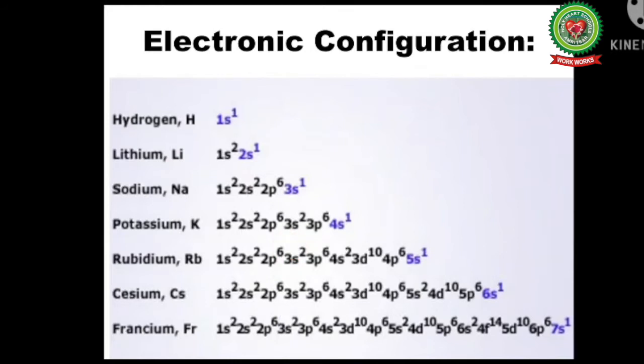Now students, all these are the elements of group 1. And I have already discussed that their valence shell electronic configuration is ns1. So you can see the same in the electronic configuration. There is 1 electron in the valence shell. And when we are moving down the group, what happens? The number of shells increases. You can see that the elements which are present in the same group have the same number of electrons in the valence shell. So I hope it is clear. Now moving towards the next topic.